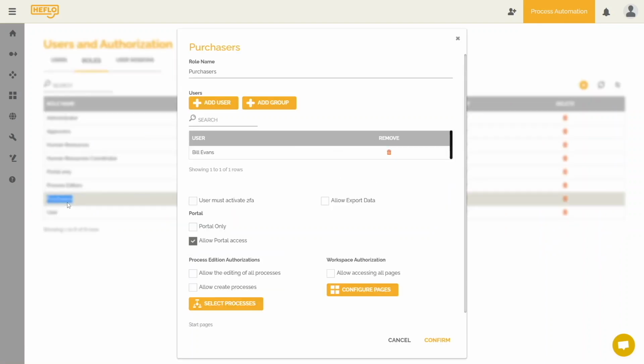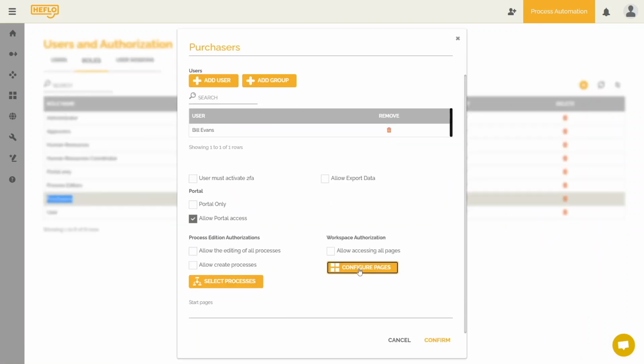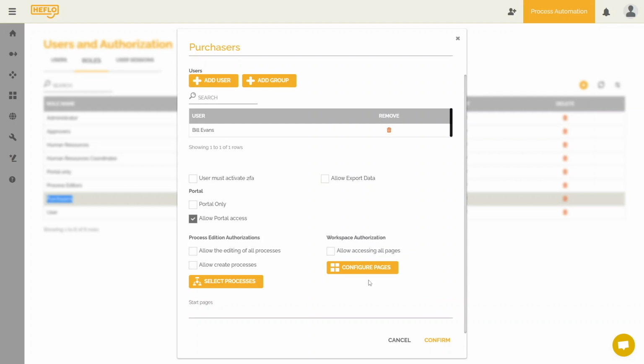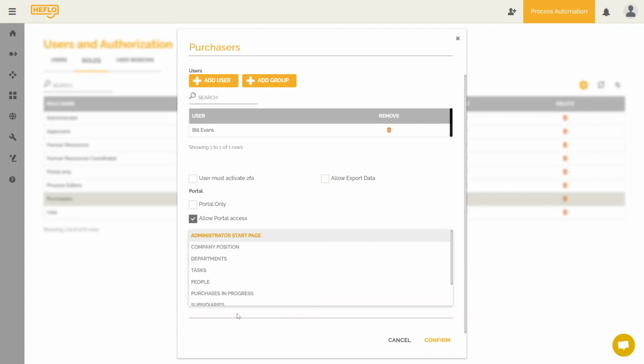I need to include this page in the list of pages accessible to this role. But you can also specify this page as the home page for users of this role. To do this, you have to come to this field here, Start Pages, and select this page, Purchases in Progress.